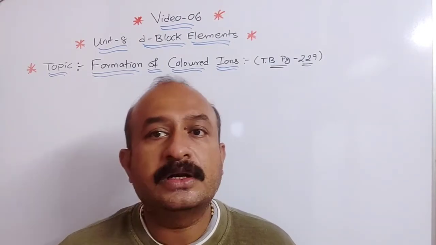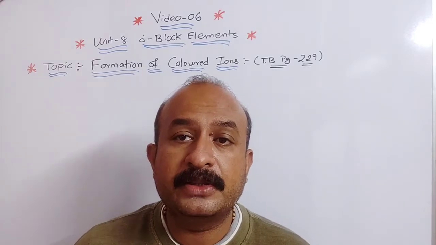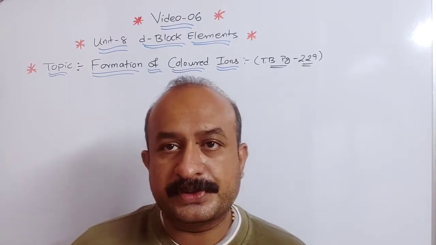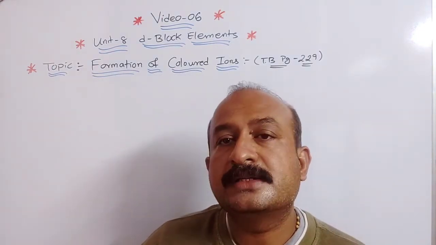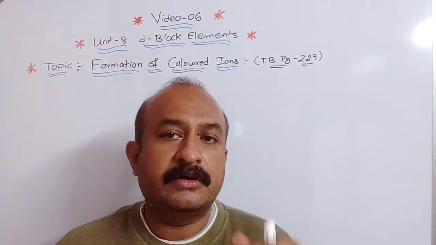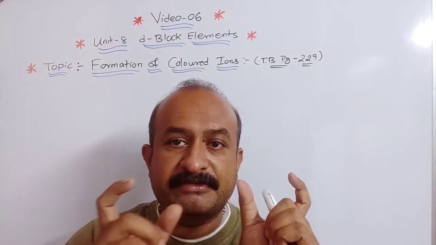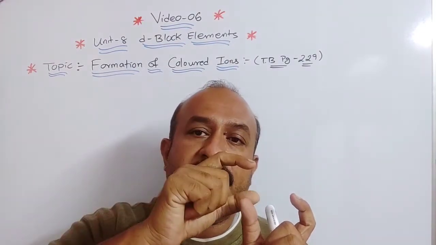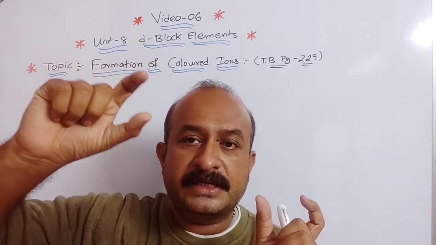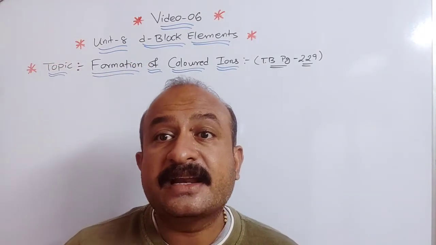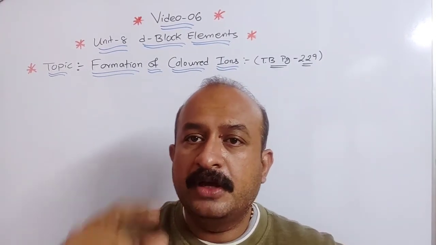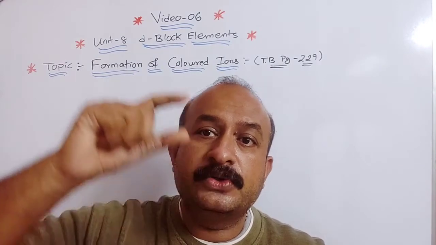Now we can see only those colors which have a wavelength in our visible range, that is 4000 angstrom to 7000 angstrom. Understood? Now why do these transition elements impart color? The simple reason is that an electron from the ground state d orbitals, after it gets excited, goes to a higher energy state of the d orbitals. That we call a d-d transition. d-d transition means from the lower energy of the d orbital it goes to higher energy.